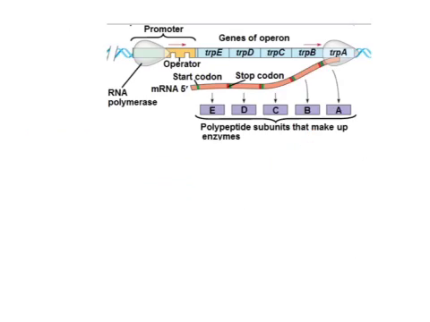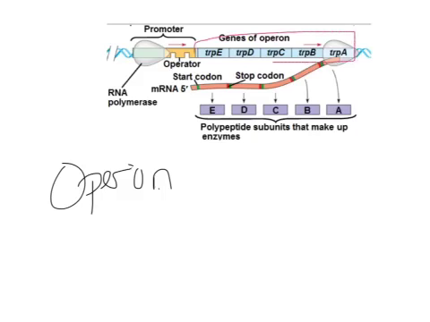Like I said, we're going to focus on our prokaryotic genes here. So let's first talk about what's called an operon. An operon is a group of genes that have a related function, so they're usually all transcribed together. For instance, if you look at the picture up here, I've got 5 genes, and their products all work together. They have a related function, so they are all transcribed at the same time,